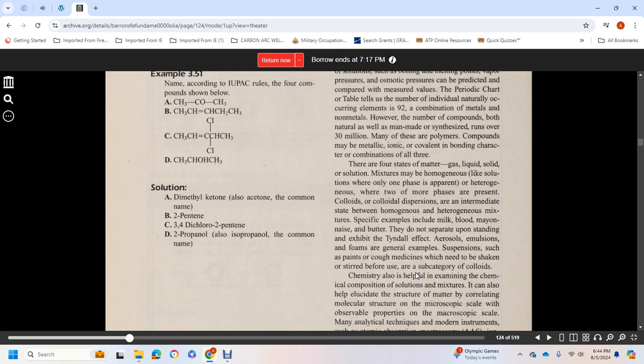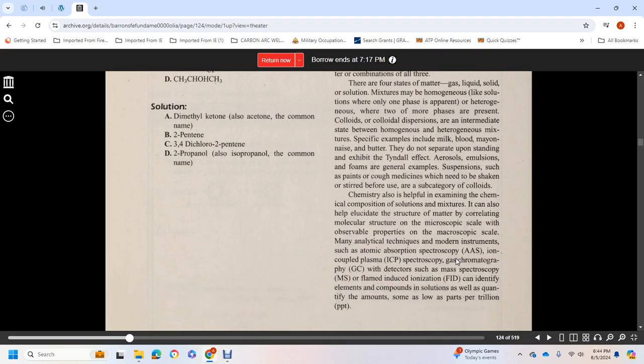Colloidal dispersions are intermediate between homogeneous and heterogeneous mixtures. Specific examples include milk, blood, mayonnaise, and butter. They do not separate upon standing and exhibit the Tyndall effect. Aerosols, emulsions, and foams are general examples of colloids. Suspensions such as paints and cough medicines need to be shaken and stirred before use. Chemistry is also helpful in examining the composition of solution mixtures,